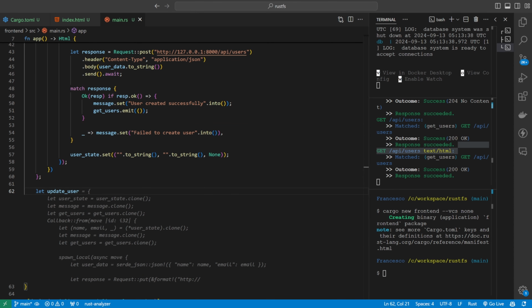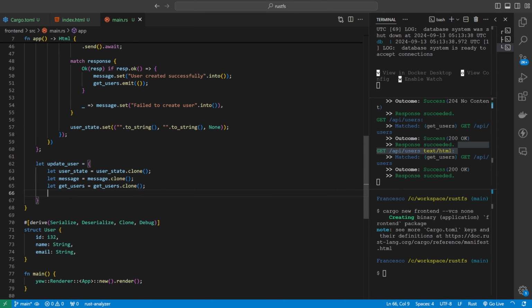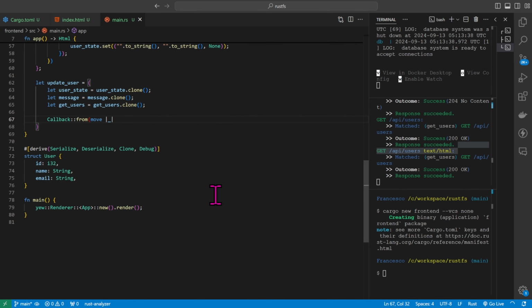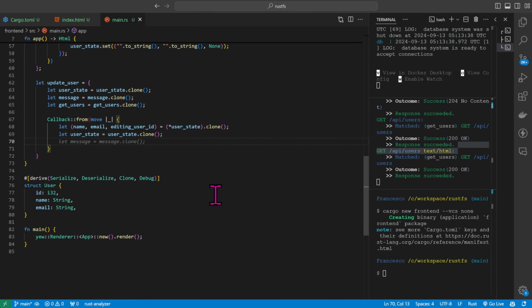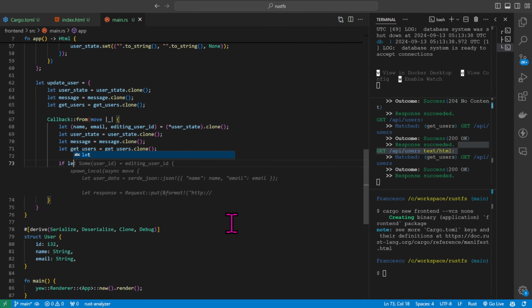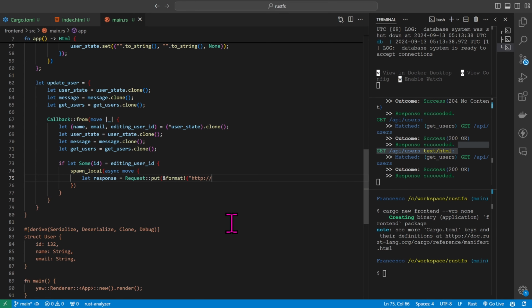Let update_user = {}; let user_state = user_state.clone(), let message = message.clone(), let get_users = get_users.clone(), callback from move, pipe, let name, email and editing_user_id = user_state.clone(), let user_state = user_state.clone(), let message = message.clone(), let get_users = get_users.clone(), and then if let Some(id) = editing_user_id, spawn_local async move, let response = request put format